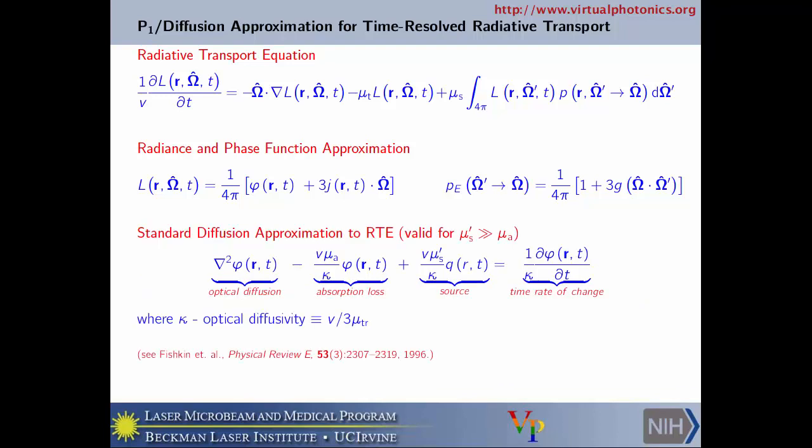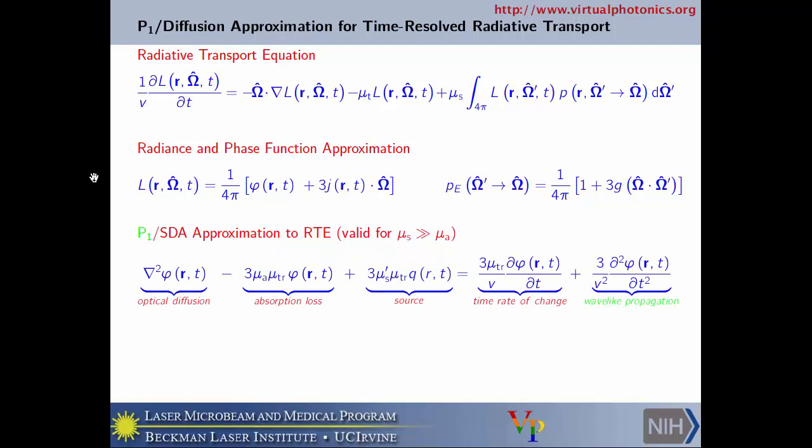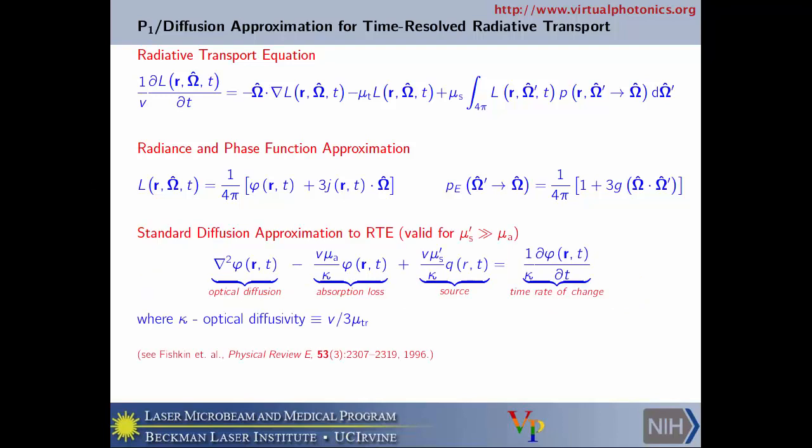And so often we neglect that, and we just focus on the standard diffusion approximation. So if we retain this first, the second derivative term with respect to time, that's called the P1 approximation. If you ignore that, you get the standard diffusion approximation, and you have this optical diffusivity term that governs the time rate of change, which is linked to the velocity of light related to essentially the reciprocal of the transport